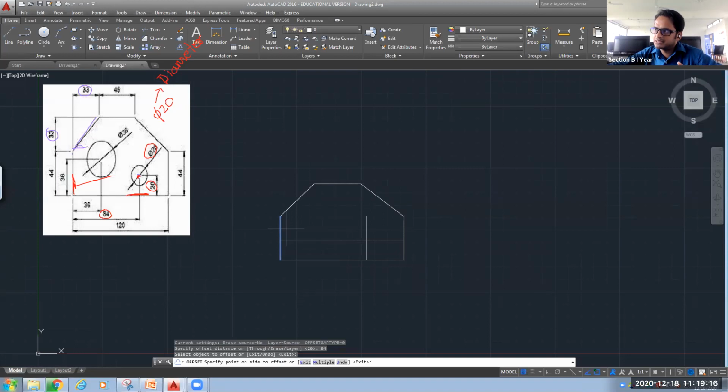If I bring my cursor on the other side of this line, you can see the line is visible over here. Okay, so I need that line on this side. So I will keep my cursor on the right hand side of the selected object. Yeah. Now I get an intersection point over here. This is the center of my circle. Okay. Now we have obtained the center of the circle.